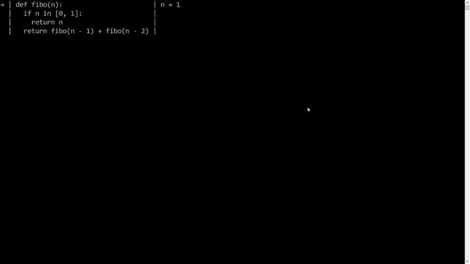For n equal to 1, it is one of the base cases, hence the value n equal to 1 is present in the list 0 and 1, hence this condition becomes true, and hence this function will return 1 to its calling. And remember, this function was called by Fibo 2, hence this value of 1 will be returned to Fibo 2 in the place of here.